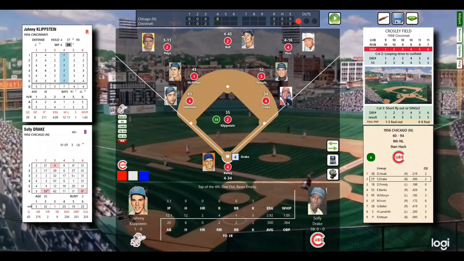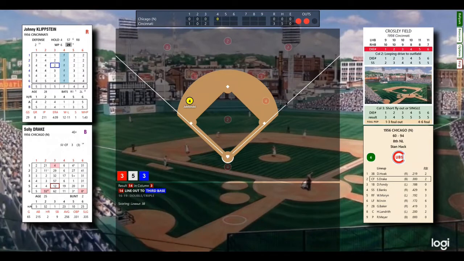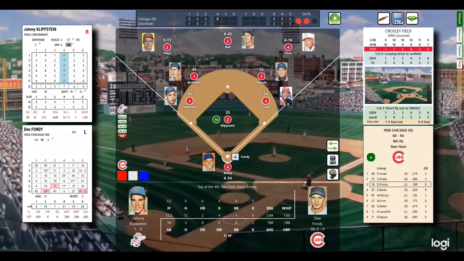They can't get it out of the infield as Solly Drake comes to the plate. He fouled out to third his last time up. Here's the pitch to Drake as Klipstein bears down on Drake. It's a line out to third base. Jablonski again active, and two outs, bases empty. Third, the hot corner, as it's the fifth put out. That'll bring up D. Fondy, who flew out to right field his last time up. Klipstein